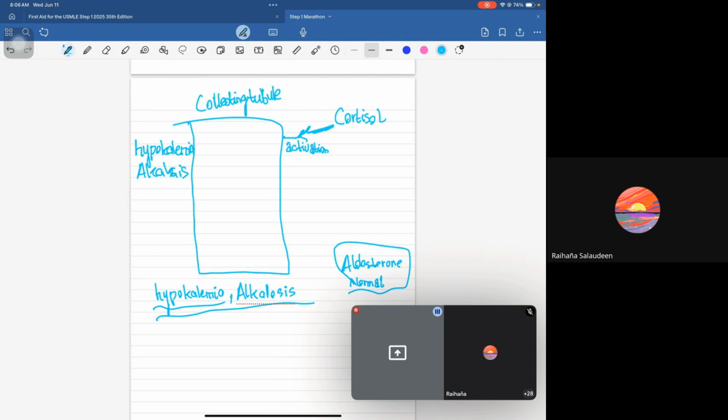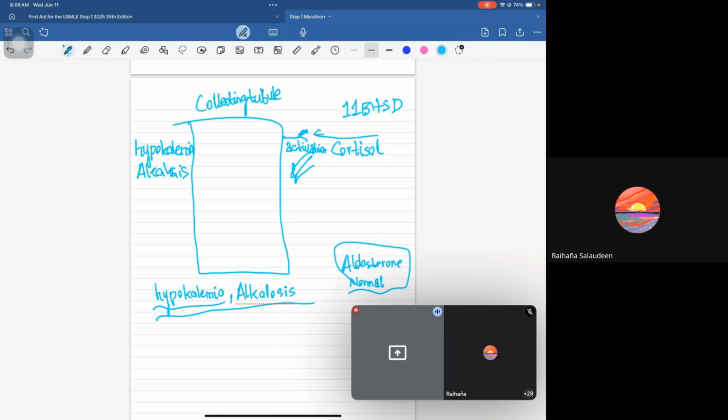And when the cortisol gets bound here, it's going to activate these receptors, right? And we have a thing known as 11 beta hydroxysteroid dehydrogenase that blocks the cortisol from acting here. But in this hereditary problem, 11 beta hydroxysteroid dehydrogenase is not going to work. So all of the cortisol is going to activate the aldosterone receptors, and as a result, you are going to